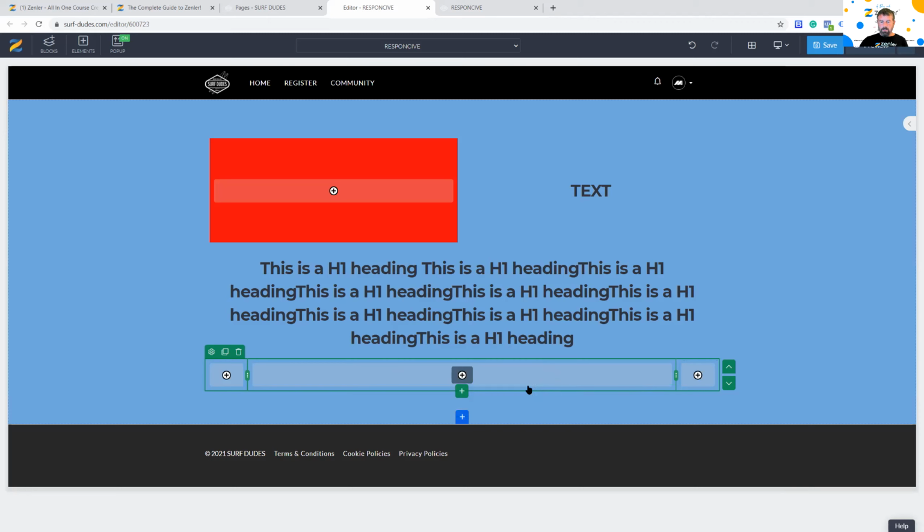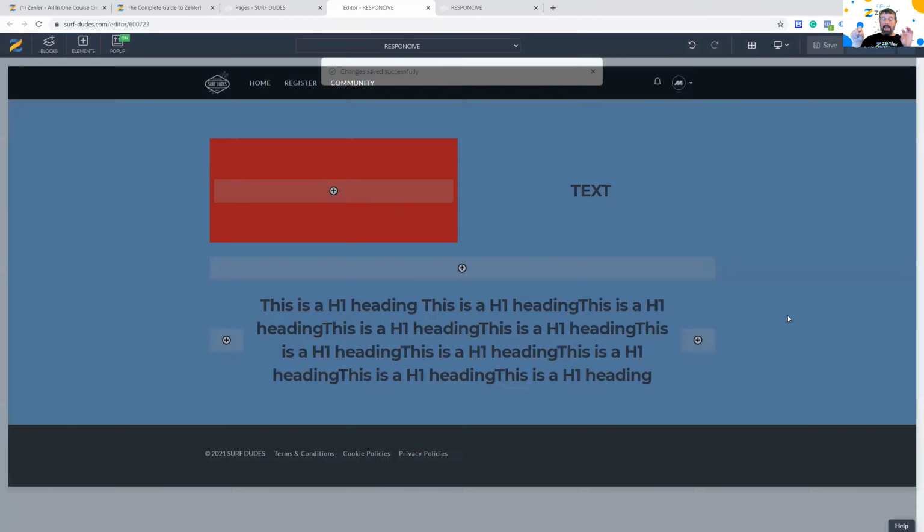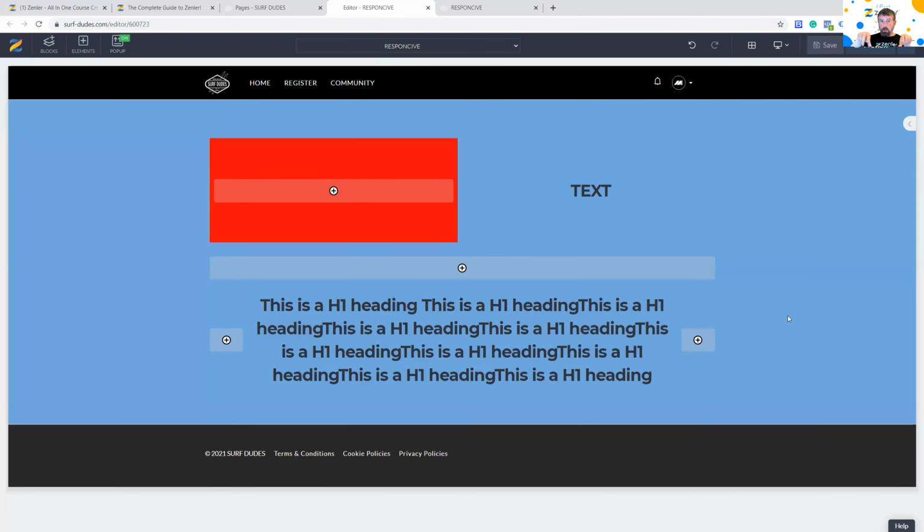Yeah. So I've got it exactly how I want it. Now I can take this one and drag it into here. And there we go. And I can save it. And now responsively, remember those blank columns at the side. Remember what happened when we took the red block and the text block and we reduced them down, they went under each other. That's what's going to happen with this.